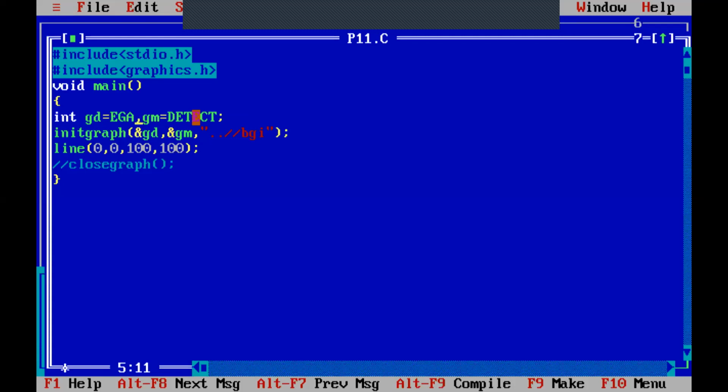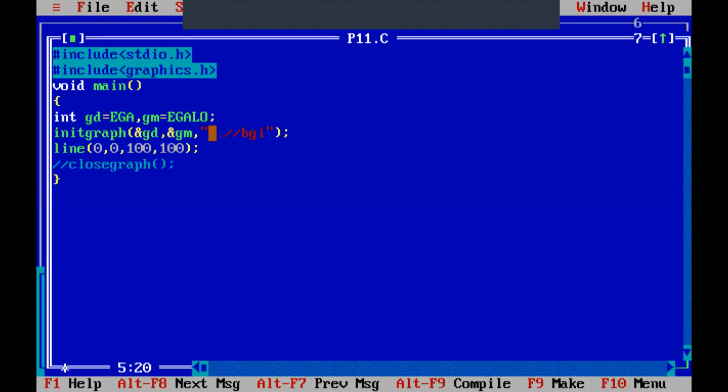That is the code to assign the enhanced graphics adapter to the graphics driver. This is the value since I know that EGA is there in my hardware. GM I am going to set as EGAHI, which means enhanced graphics adapter with high mode. Here you can assign high or low, anything will do.